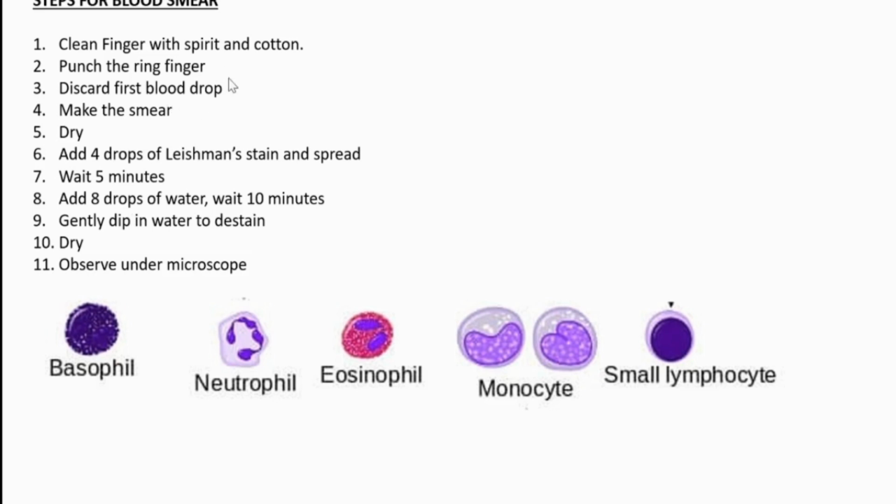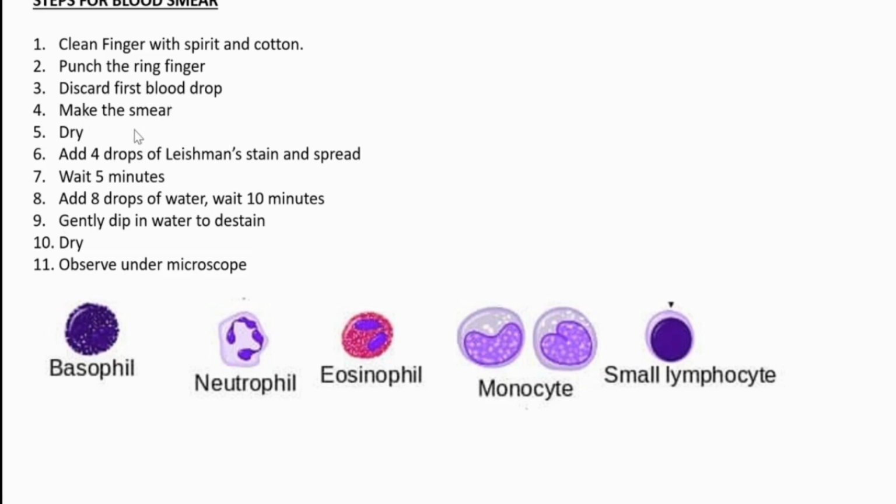Anyway, you can refer to these steps also, then that will make it very clear for you in what way you need to perform it. All the steps are given here. Clean the finger with the spirit, punch it, discard the first blood drop, make the smear. How to make the smear I showed you very clearly. After this description, I am also attaching one more video, and in that video I'm trying to make it way more clear, because that smear preparation is very, very important. If we prepare a good smear, then only we could get all the WBC without clumping under the microscope.